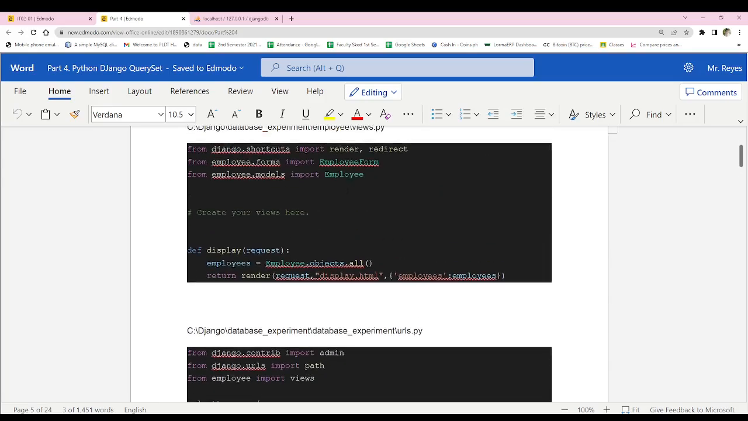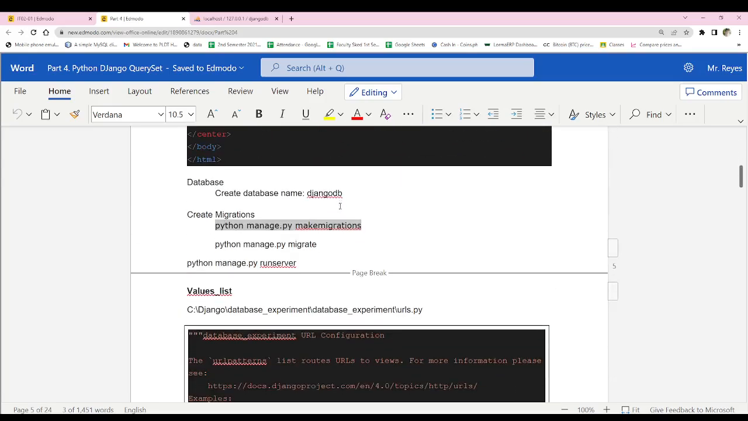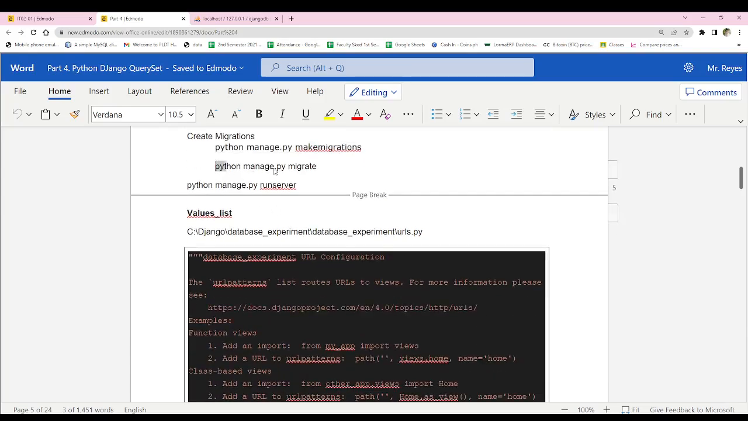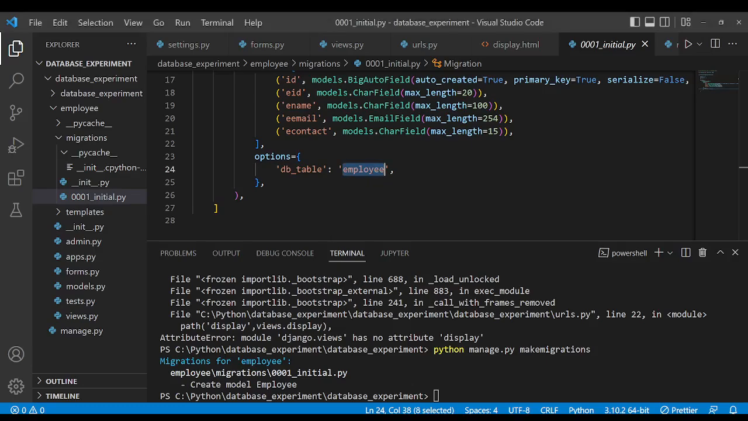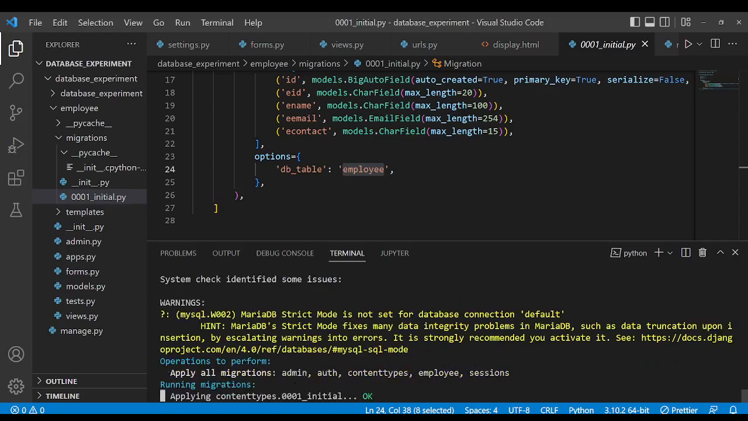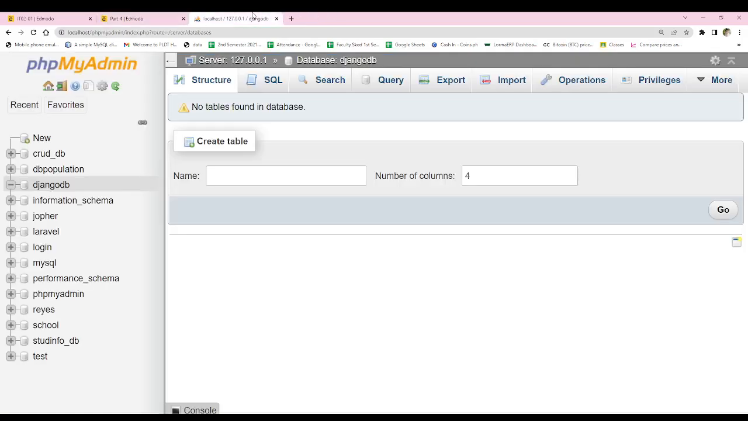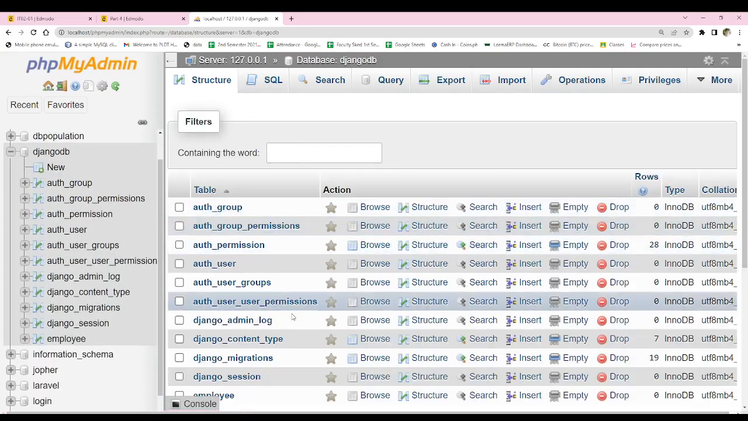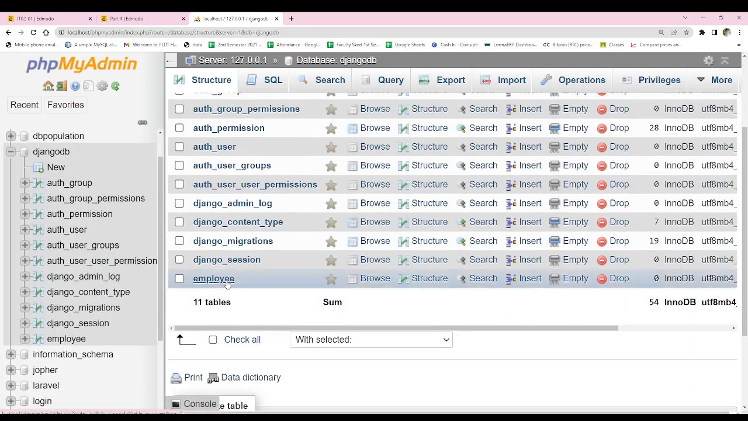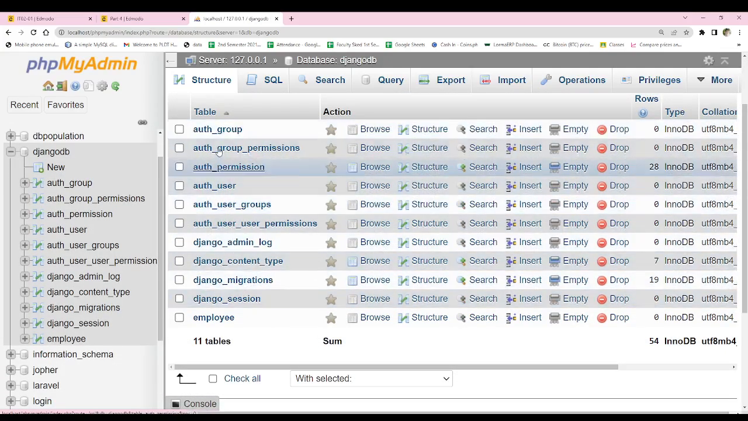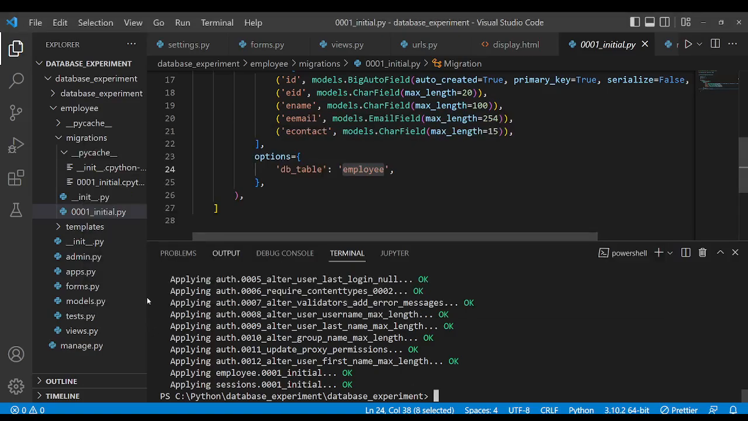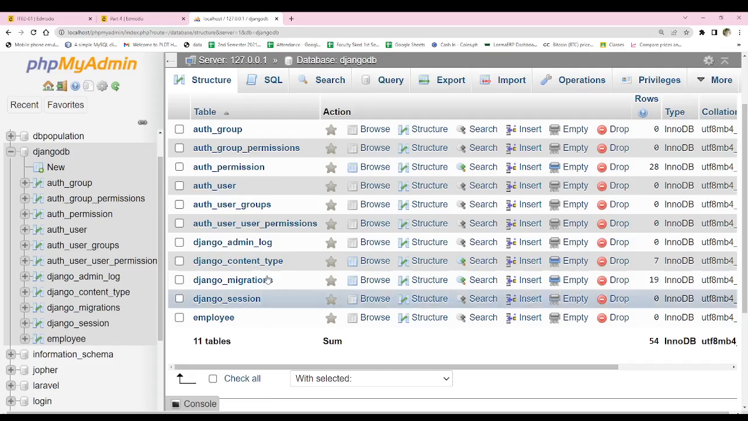Then next is the actual creation of the table. We'll be using this command, python manage.py migrate, so that in our database it will create its own table, which is the employee. This is auto generated. Okay, anyway, next,